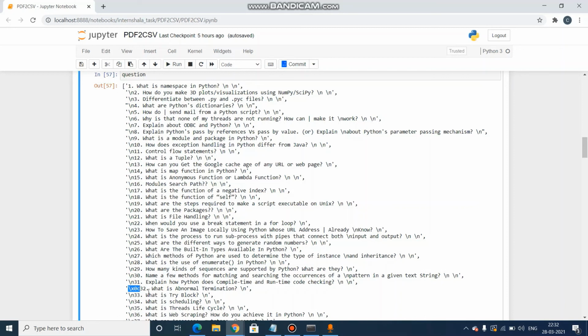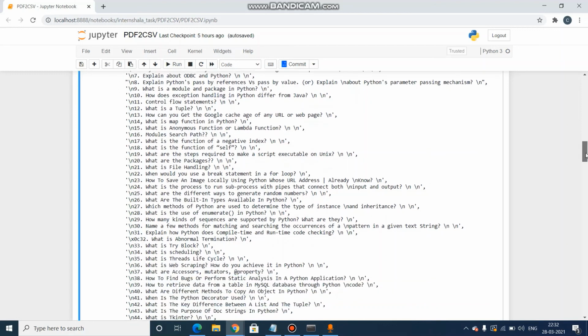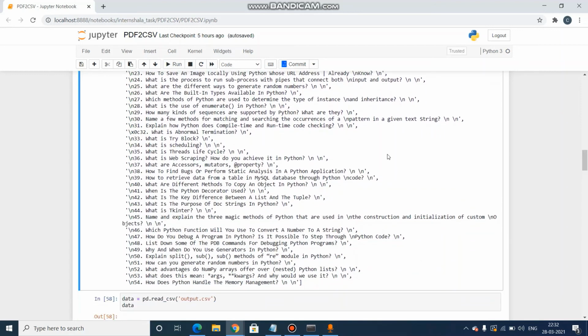After that, the common things are a digit, then a dot or comma, then some data written here, and in the last there is a question mark. In some of them, 2 or 3 lines of question are there, like this.